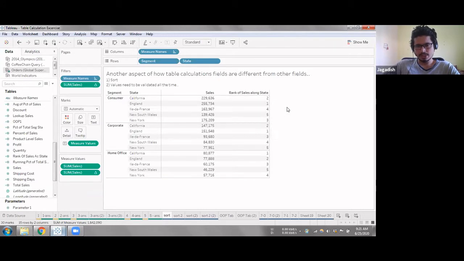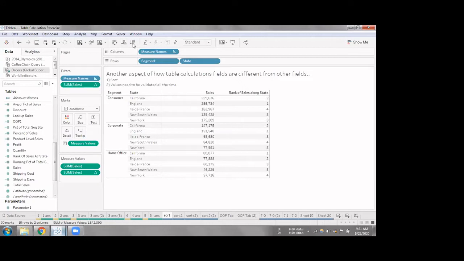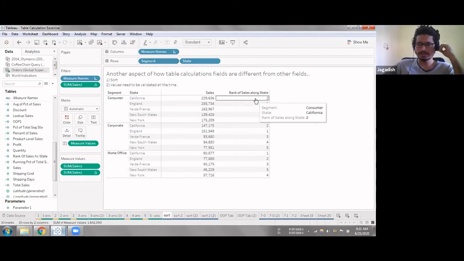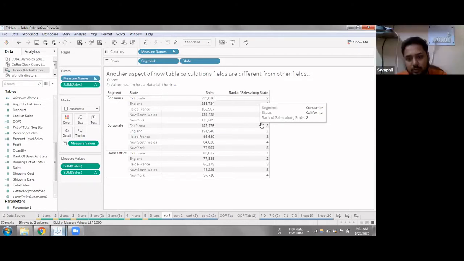So how do you think we can do that? It doesn't have to be a right answer. We are just trying to think what we can do. Normally, if you want to sort by anything, we have these sort options. Do you think any of these will work for this particular thing? No, because we have the same rank in multiple segments, so it will not sort properly. 1, 1, 1 would come together either.